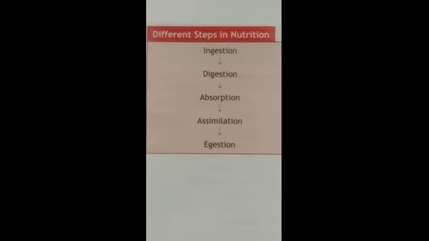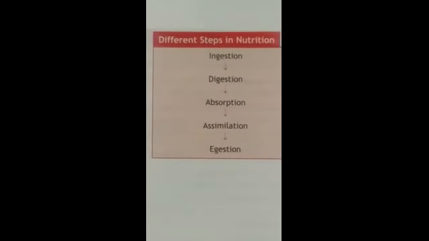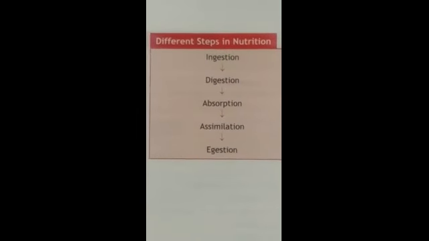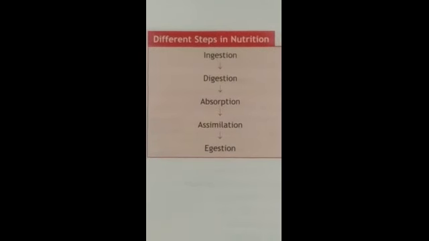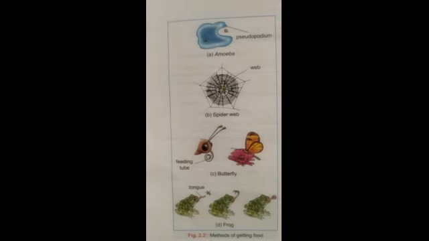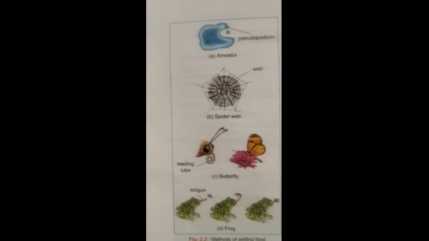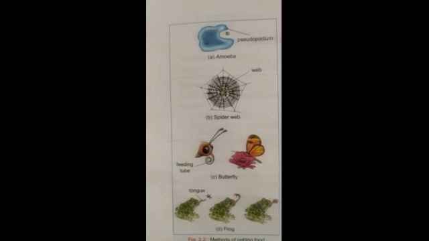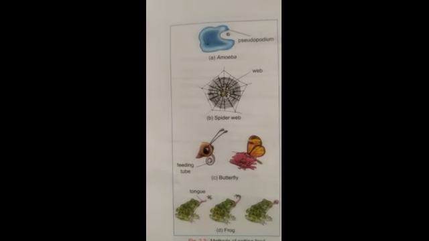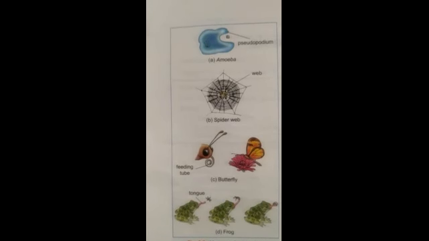And now we will study nutrition in a particular human being, how it takes place. One by one we will study the various steps and the use of various organs in the complete nutrition. My dear students, as we have studied the 5 steps of nutrition, let us discuss the very first step, the process of ingestion. Different organisms use different methods to get food. There are special structures in each organism for taking food inside the body.